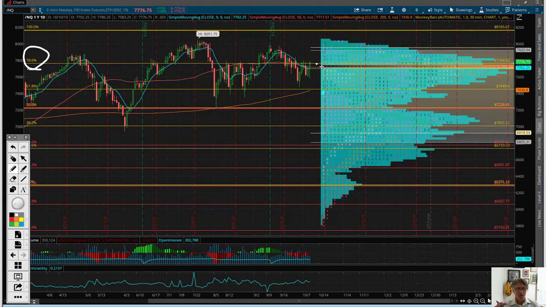A settlement above that would be a pretty nice coup for the bulls. That would make us want to come up and test this value area high here. I don't know if we're really going to pierce above that anytime soon and test those all-time highs, where I was thinking, back in this area, I thought we were going to make that move. We've kind of rolled over a little bit, but we are starting to come back as the 61 Fibonacci here and that 74.50 area really acted as support. Now I think that we're starting to move higher, and a settlement above that Fibonacci would be good for the